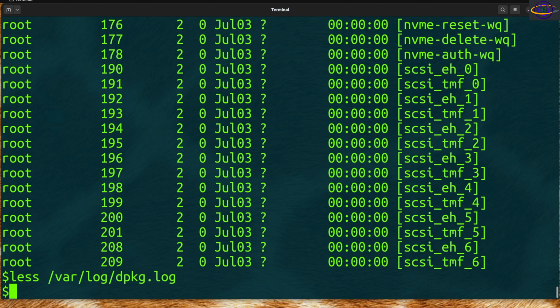Now, one of the advantages of using less instead of something like Vim or vi is that it does not need to load the whole thing into memory, so you can open very, very large files without performance issues. So it's better for opening gigantic log files instead of using Vim. So in any case,